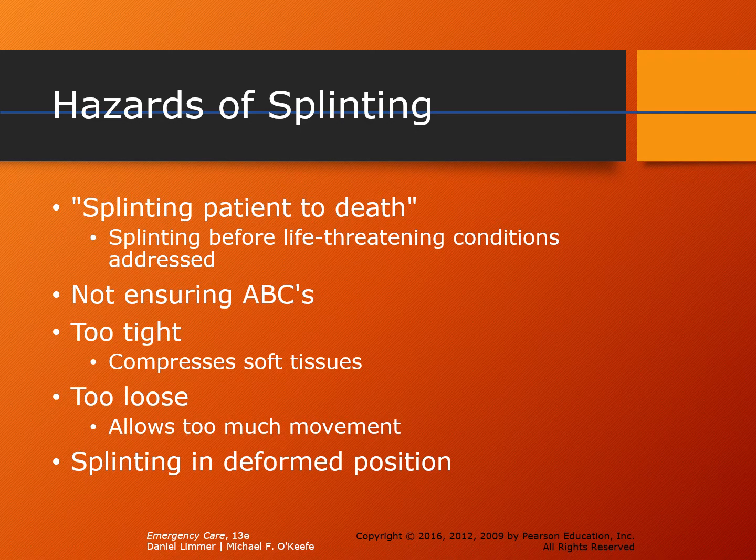So take your time. Be methodical in the way that you go about your patient assessment. Do it the same way every time. And try to focus on the things that you know will kill your patient fast. Airway, breathing, circulation. Now, another hazard of splinting is one that is too tight or too loose. One that's too tight will actually compress soft tissues and, as we already know, can cause an issue where we could actually artificially create some type of